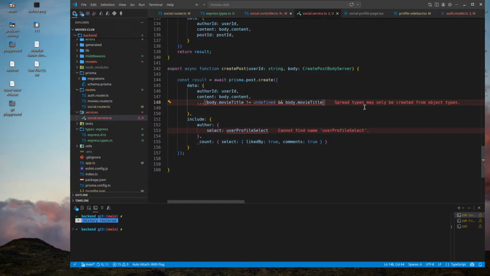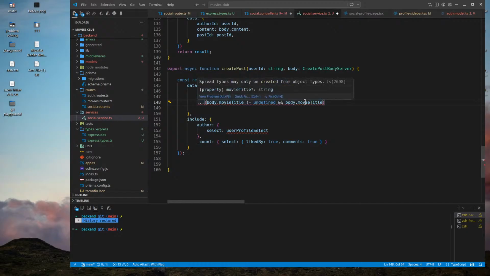What's wrong with this? Spread types may only be created. Yeah, we need the... what is exactly happening? I mean, this is an object, so this is an object anyway. Okay, this doesn't work.